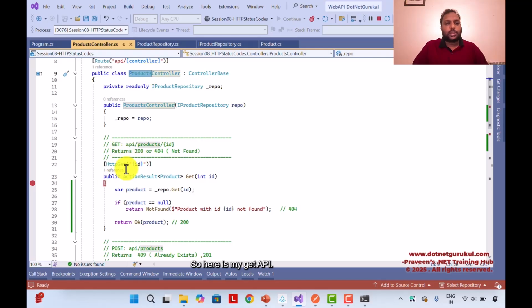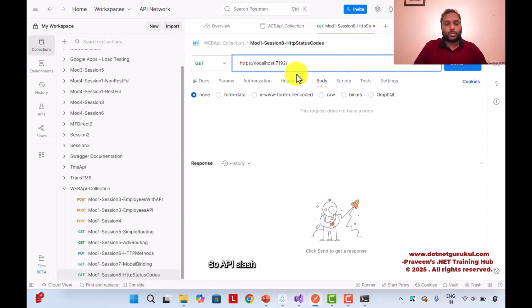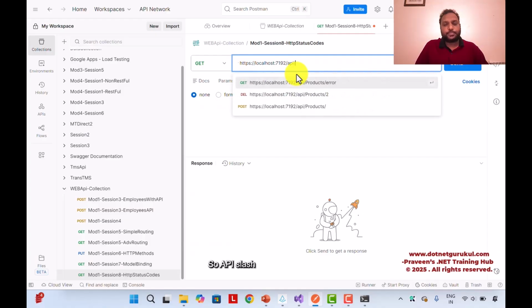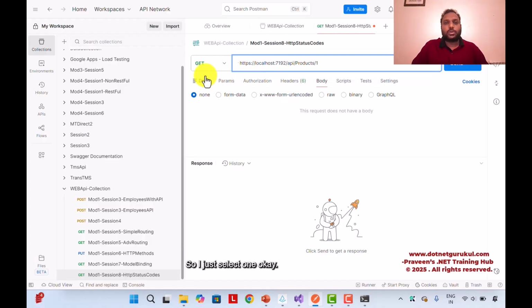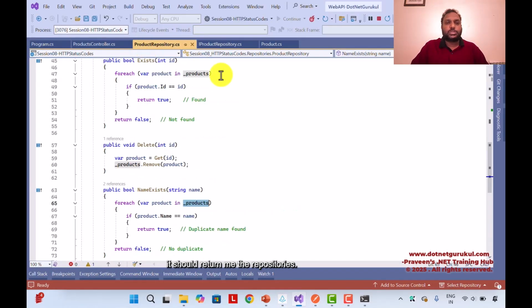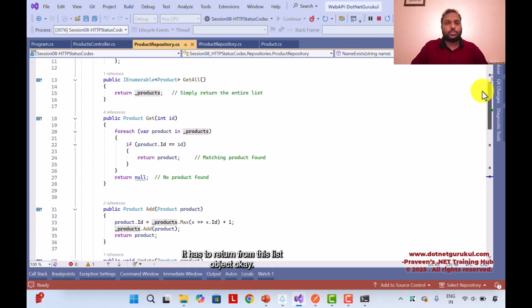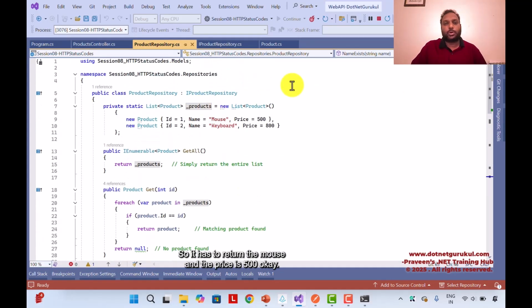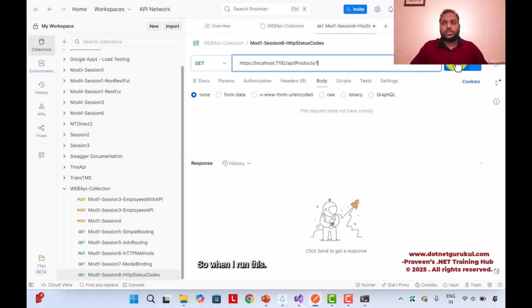So here is my GET API. So API slash product slash. So I just select one. Okay, so first one, in this one request, it should return me the repositories. It has to return from this particular list object. Okay, so it has to return the mouse and the price is 500. Okay, so when I run this,